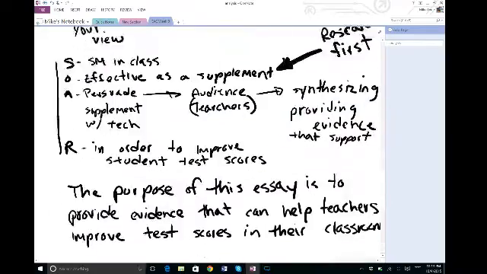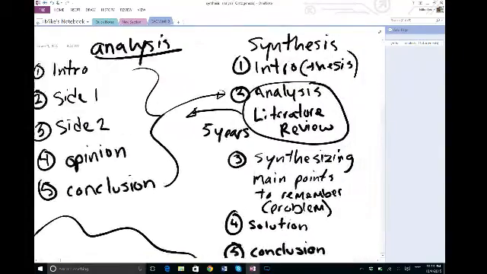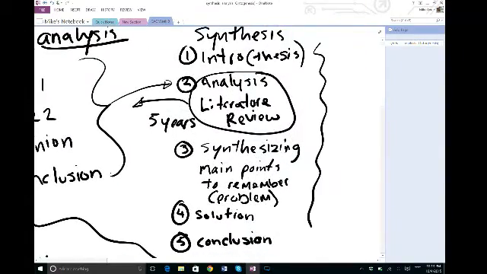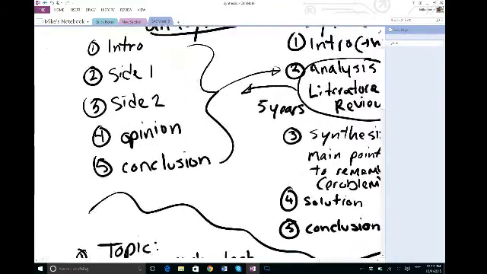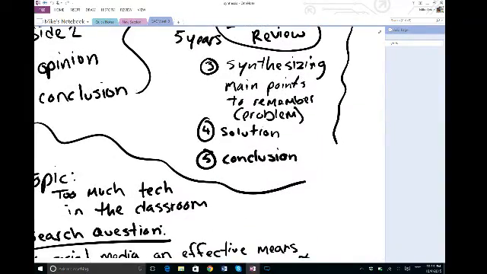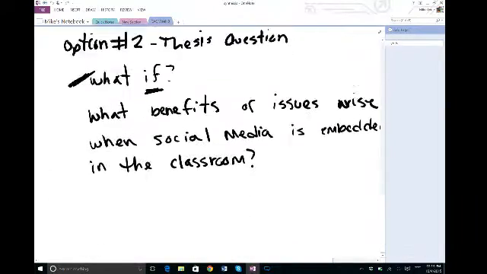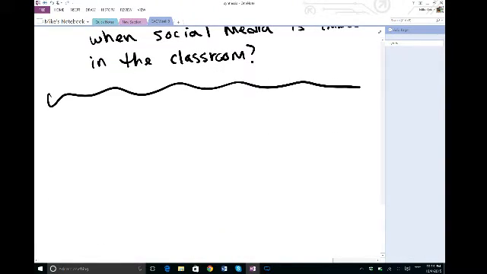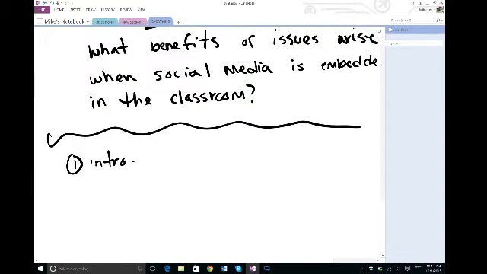Now, once you've done that, if we scroll back up to the top and remember what it is we're actually talking about, now we need to start looking at what this would look like if it was an actual essay. So again, we start with the intro where we have our thesis. We do an analysis of the current literature review. We start synthesizing the main points, basically explaining what we've gleaned from the entire literature review, and then we pose a solution followed by a conclusion. So what that would look like, of course, the intro is then, we'll use this question, what benefits